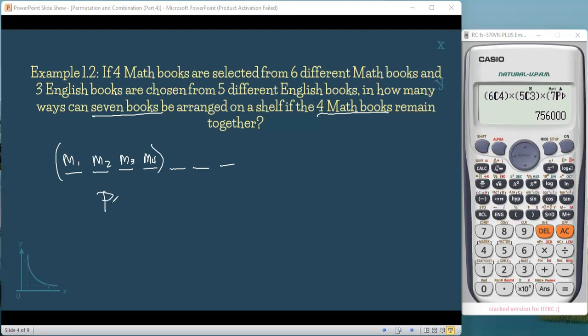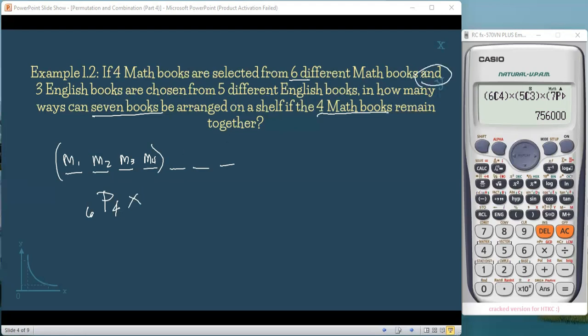So, that is the permutation of, so since math po sila, ang gagamitin natin, math din po, opo. So, that is 6. There are 6 math books here. So, the permutation of 6 taken 4 at a time. Kasi po, meron na po tayong sure na math na 4, pero magkakasama sila. That is why it is permutation. Times